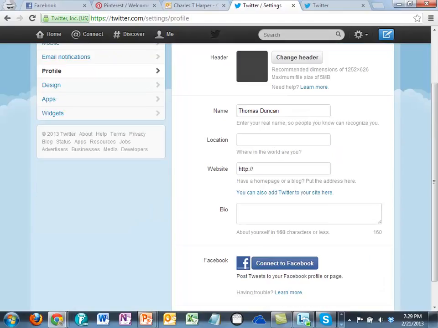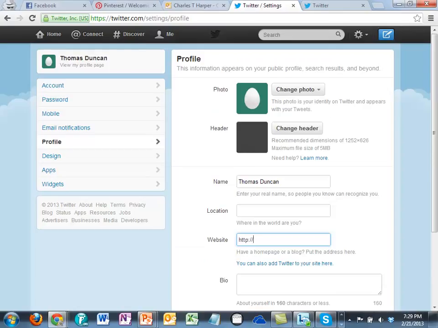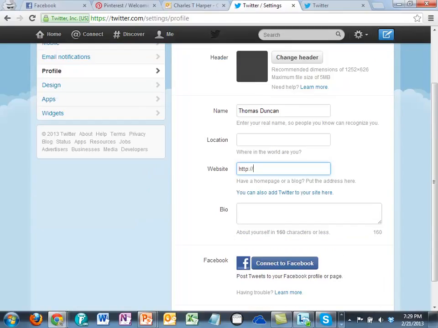You're going to want to make sure you use those dimensions, and again, you want to keep it close to your niche. Okay, if you want to put a location there, here's where you can put your website, and if you put it in there, make sure it's the website that you want people to go to. If you want them to go to your blog, make sure they go to your blog. In the bio area, you're going to want to kind of talk about yourself, not necessarily in a salesy kind of way, but you do want to have the keywords that you want people to find you for.